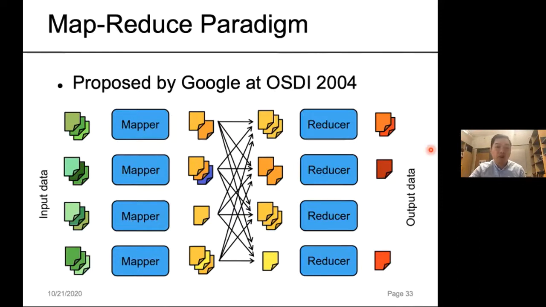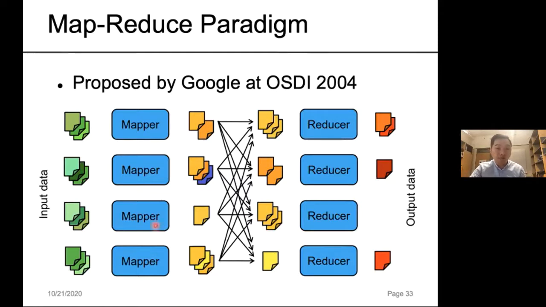Although Google has no longer used it as a primary model since 2014, the concept of MapReduce is still critical to many applications. Basically, a MapReduce framework is usually composed of three